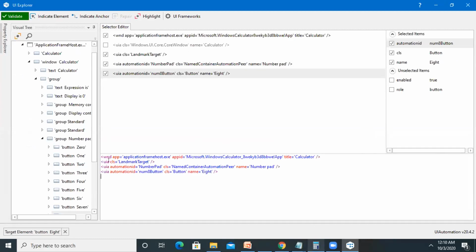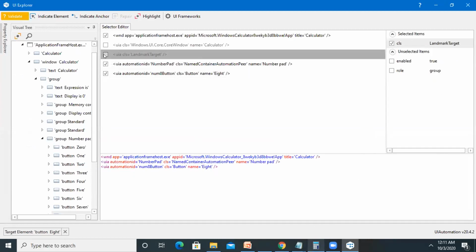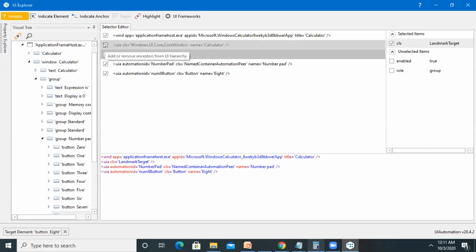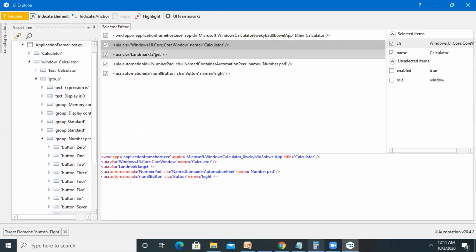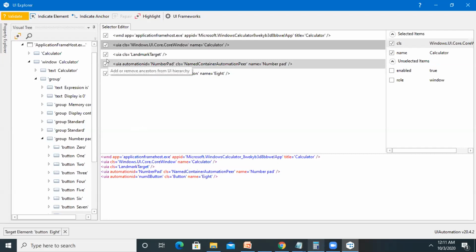When we want to remove any of the components, we just have to check or uncheck the field whichever is not required. If we want to add some additional components which are in hidden format, we just have to check this one, and all components will be selected and we can see them here.